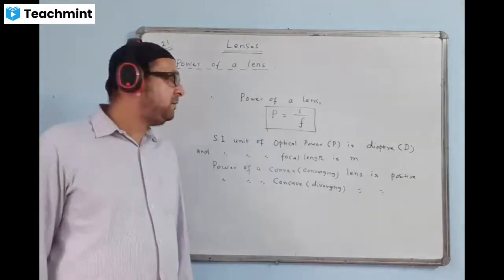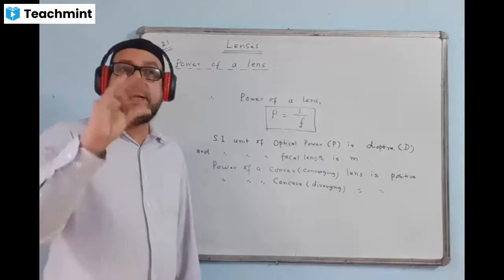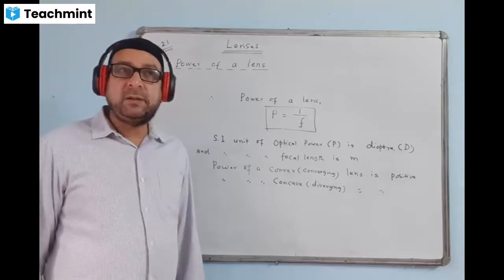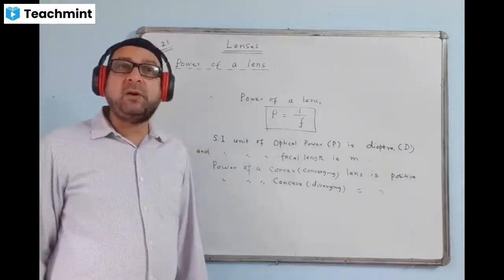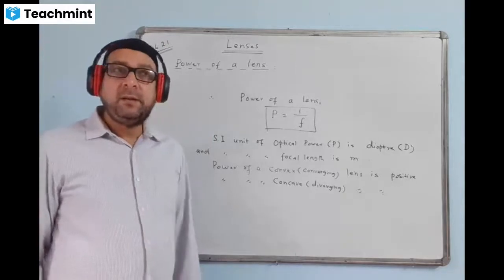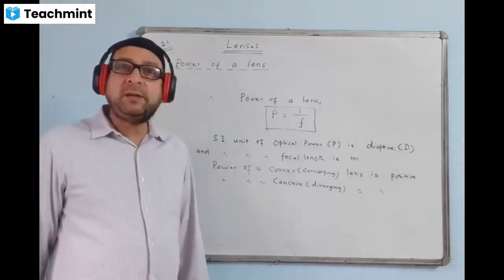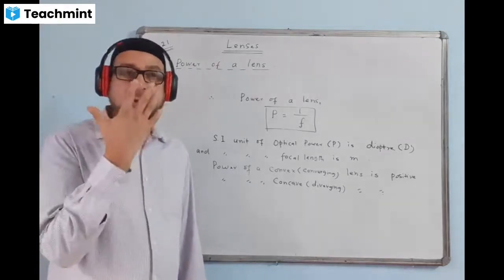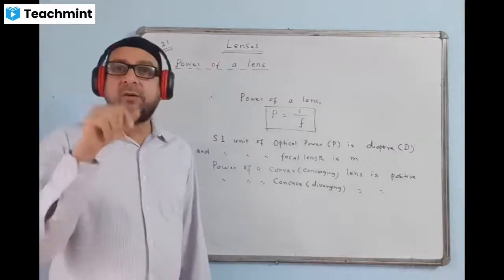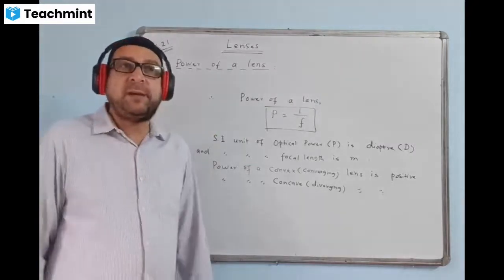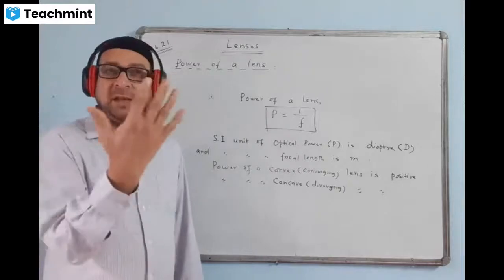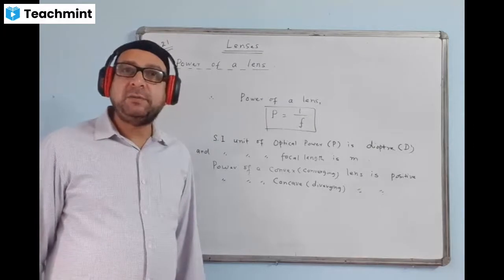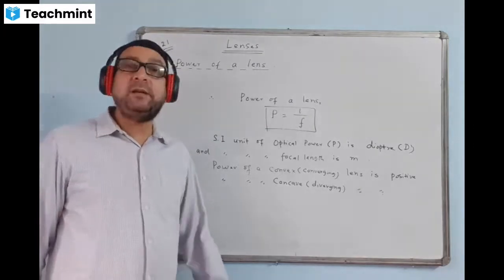When the lens is immersed in a denser medium, power will become less. You know, in misty or cloudy or foggy weather, when we try to see an object, the objects are not seen clearly. Why? Because of the power of the lens, even in our eye we have a convex lens. Even if we are not using specs, we see things hazy. There will be blurry vision. We can't see the object clearly.